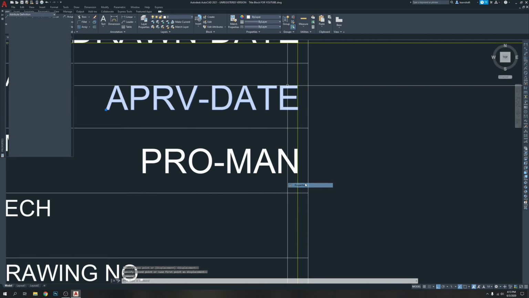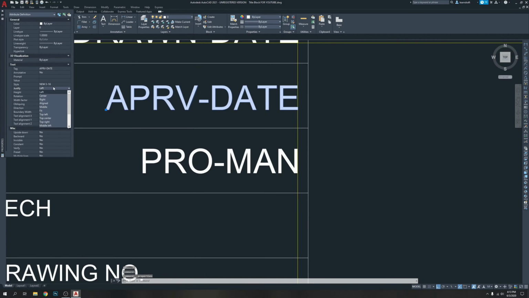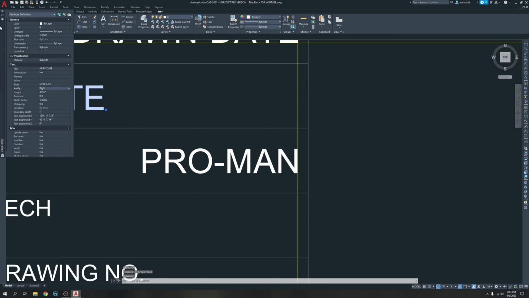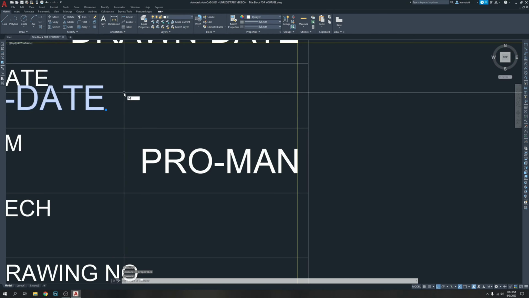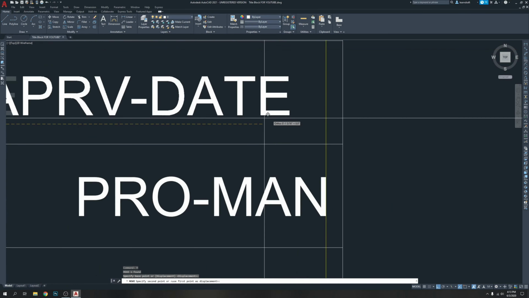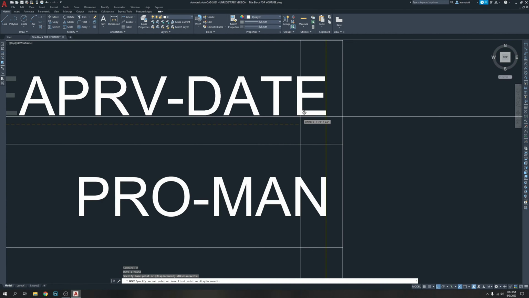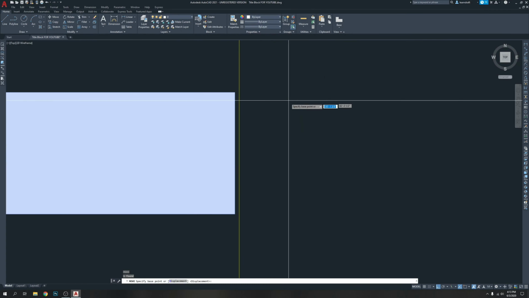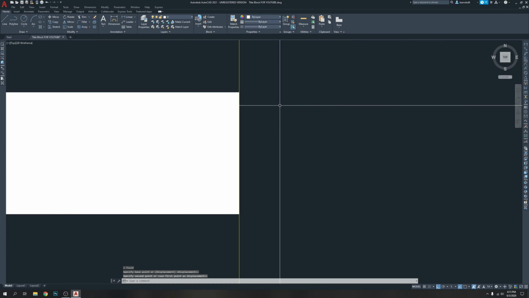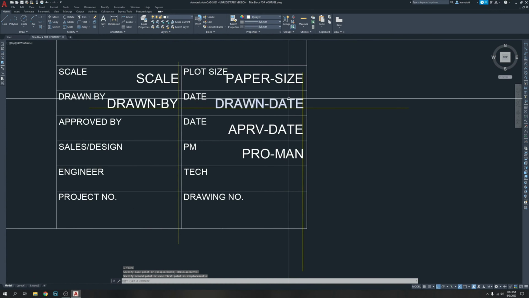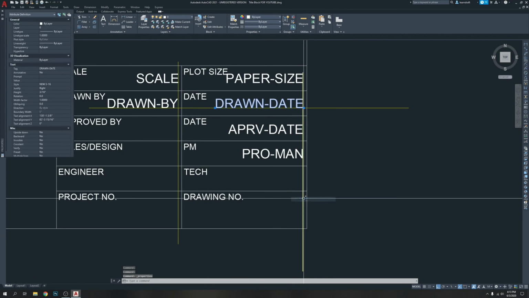Click, right click, properties, this one also left, change it to right and close, then use the move command and bring it on the side. What about you? Right click, properties, this is on the right. Okay,